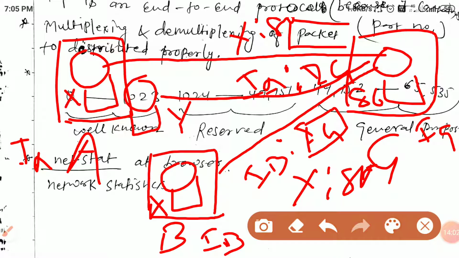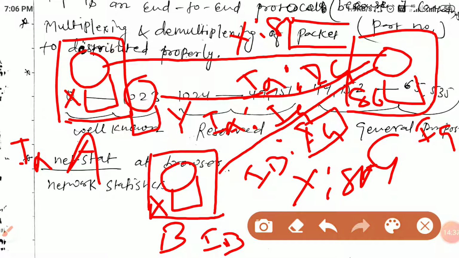Now there will again be a reserved buffer, and because within the same host the IP address is common, the IP address will be IA and the destination IP address will be IG. Now which buffer will be filled? Because here it is IA and IG, here also IA and IG. So one thing is sure: the port number alone was not sufficient to identify the connection.